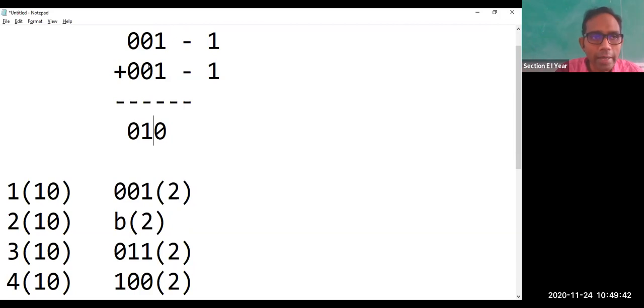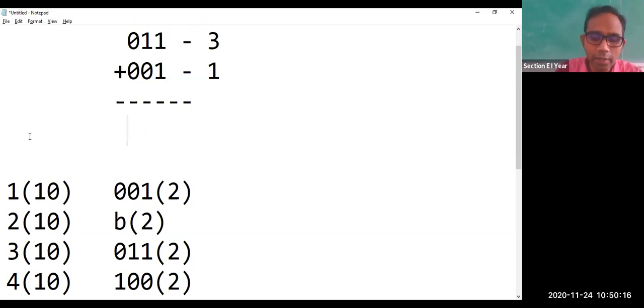Suppose we have another number, something like this. Here we are going to get 3. I want to add 3 with 1. The result is 4. The decimal number of 3 plus 1 is 4. Now let us concentrate on these individual digits. Don't concentrate on binary to decimal conversion. I'll explain that. Just concentrate on binary addition, because the arithmetic and logical operation is going to do the addition part.